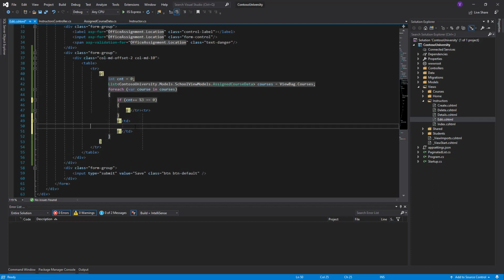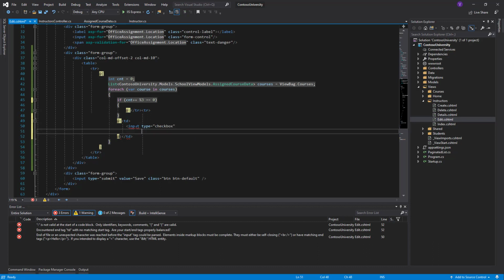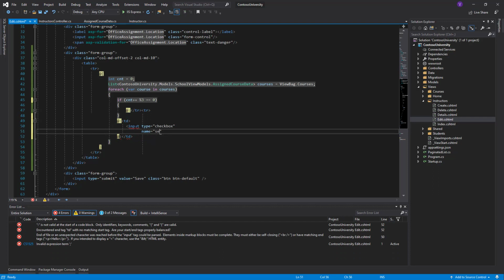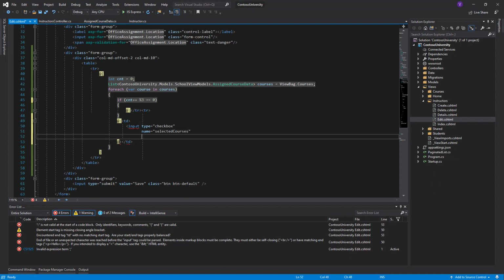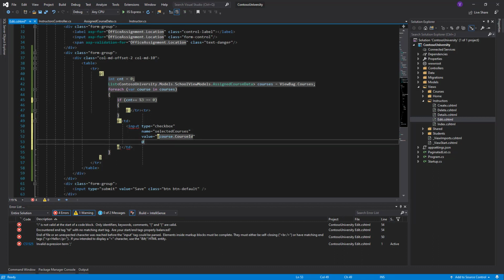So in the middle we write input type, and it is checkbox. Finally we reach it. Name would be selected courses. Value would be course ID. Then we would have here Html.Raw,